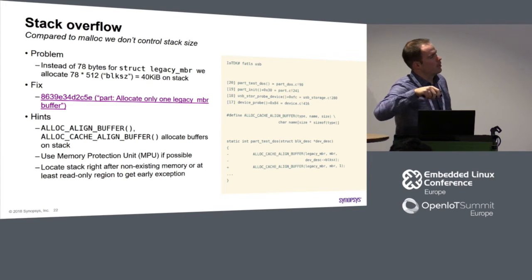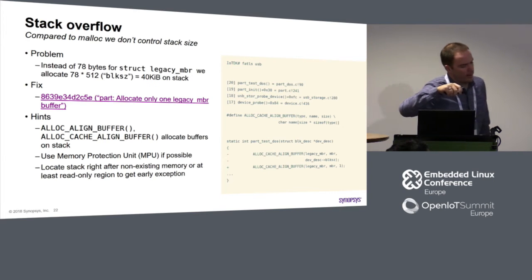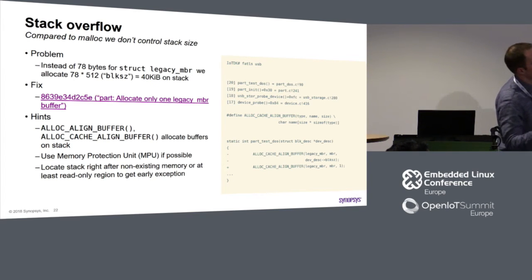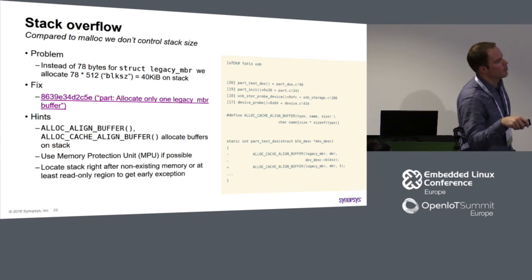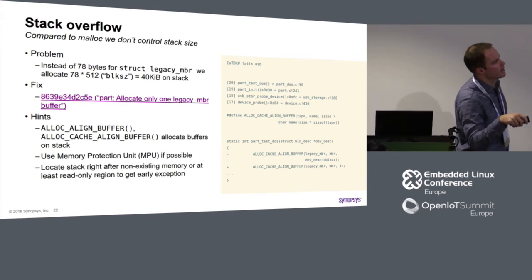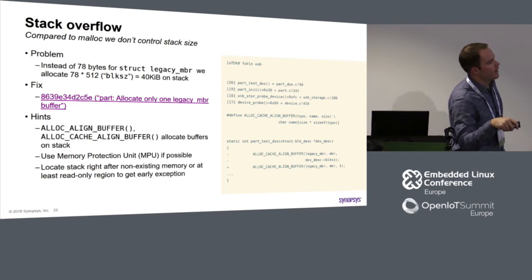Yes, so also what may be used as a hint: we understood what happened, and what was the reason? Again, if we look at a backtrace, we see that the last function which was executed is part_test_dos. And in that function, if we look, we see in the very beginning an allocation on the stack of something. This is a couple of macros which are wrapped around each other, and in the end, that thing,